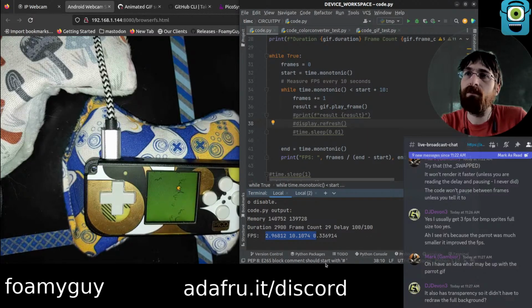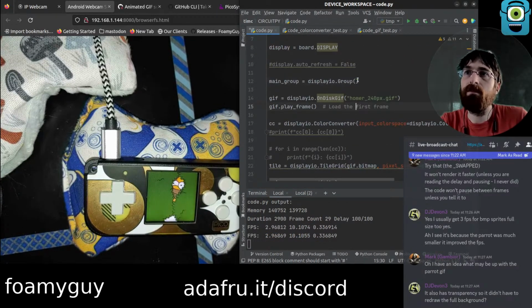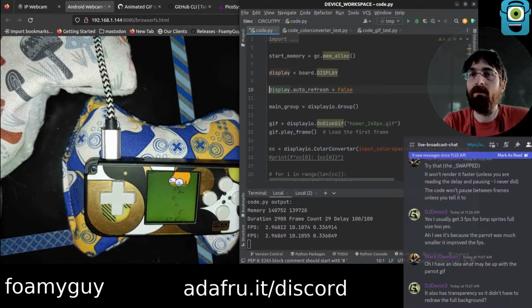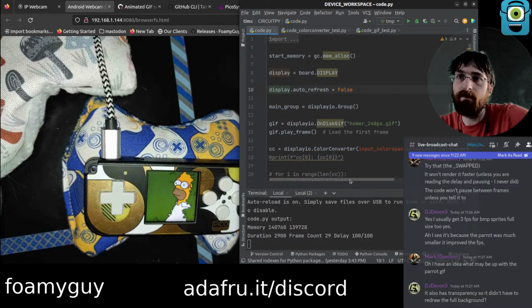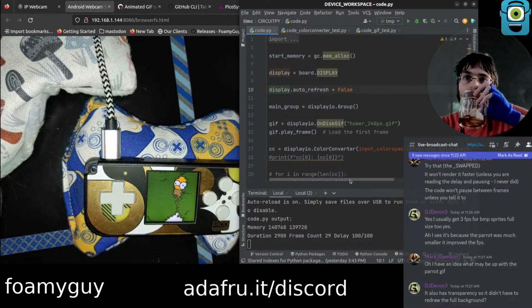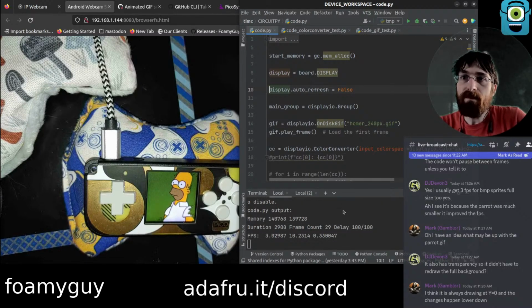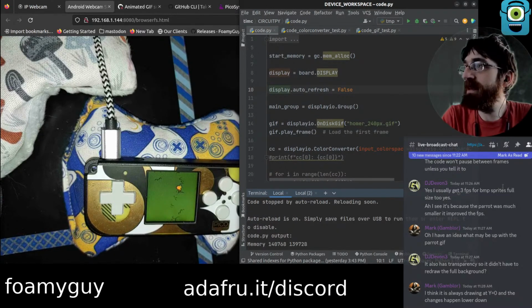Interesting. Yeah. I mean, probably not a noticeable amount, but 2.96 versus 3.02. Interesting.